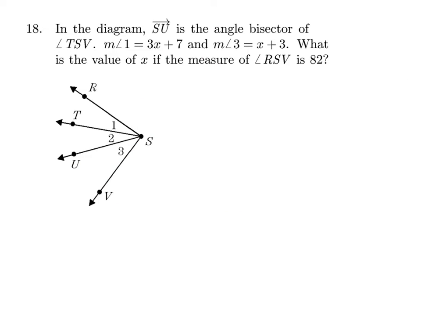All right, in the diagram, SU is the angle bisector of TSV. So I know these angles have the same measurement. Measure angle 1 is 3x plus 7. Measure angle 3 is x plus 3. What is the value of x if RSV is 82? So if 1 is 3x plus 7, and 3 is x plus 3, 2 is also x plus 3, I know that all these together